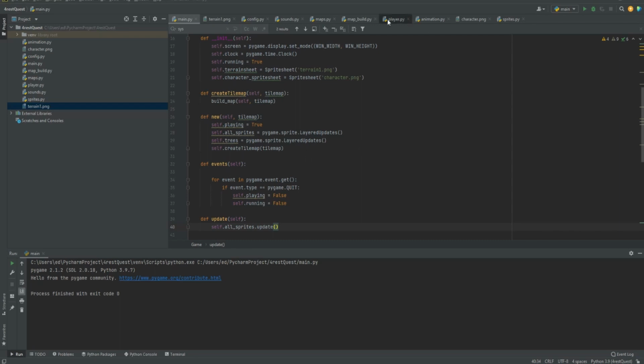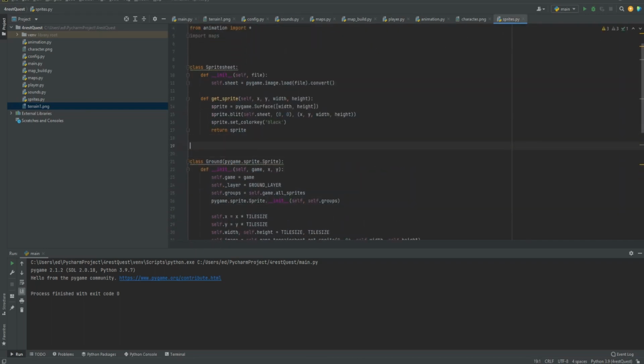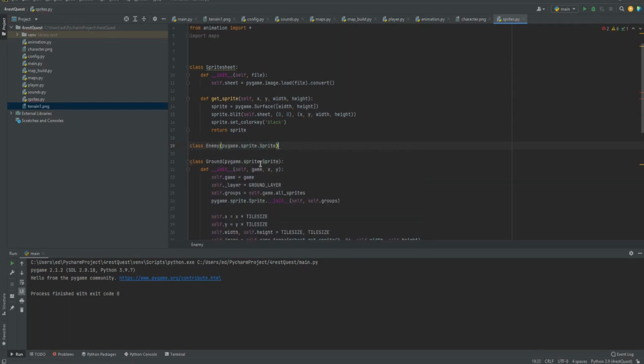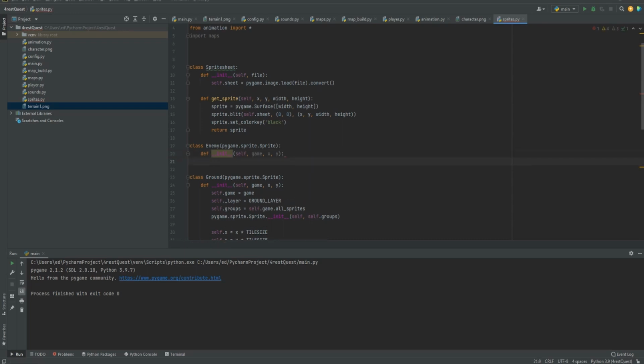So let's get started. First thing we're going to do is go over to our sprites.py and create a new class. We're going to call it class Enemy, pygame.sprite.Sprite. Then we are going to define __init__, and with this we need the parameters game, x, and y. Later on we'll add enemy type, but for now this is all we're going to bring in. So self.game equals game,